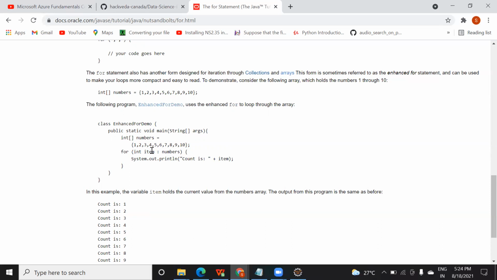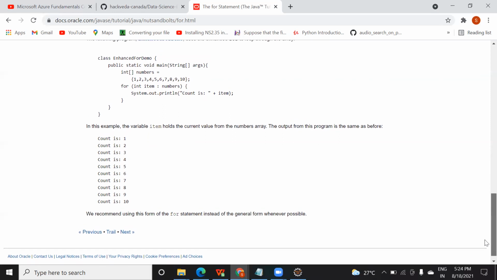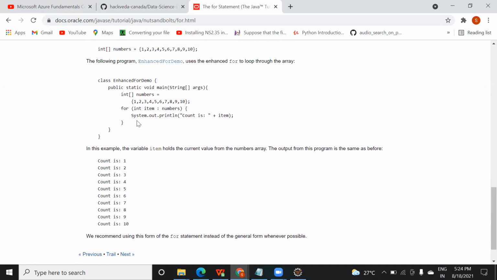It means this item, which is a temporary variable, will be assigned 10 times, and it will run how many times? 10 times. And that's the reason it is printing 10 times. This variable item holds the current value of this number array, and it will iterate that many times. Am I clear to this? I'm clear, all of you, how this for loop is working.